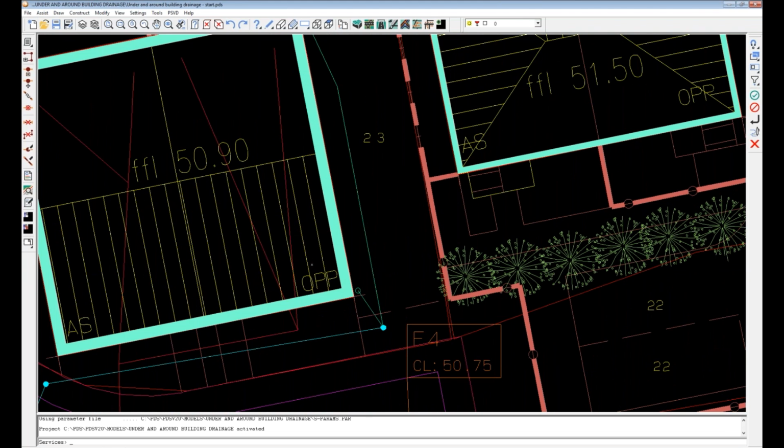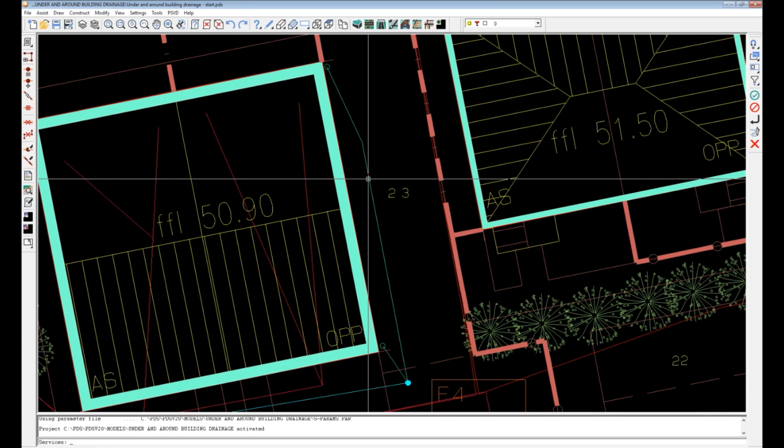Services is a module that we introduced probably about 18 months, 2 years ago. It was principally used for inputting gas and electricity, that type of thing, those sorts of nodes and links. We had some response from customers that they were working on larger building schemes such as hospitals and libraries, that had a requirement for underground building drainage. So we've been doing quite a lot of work on that